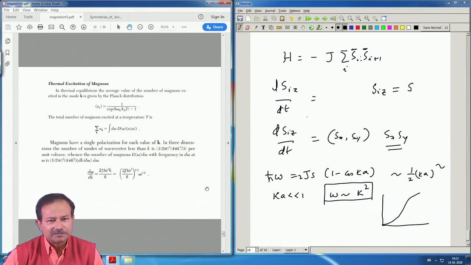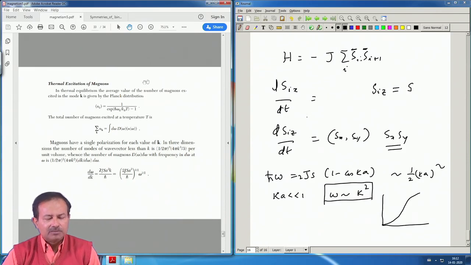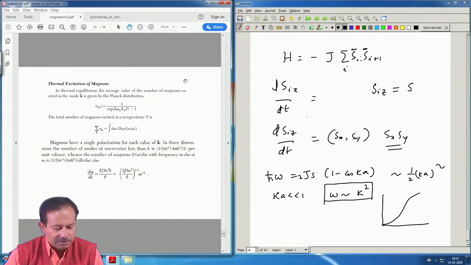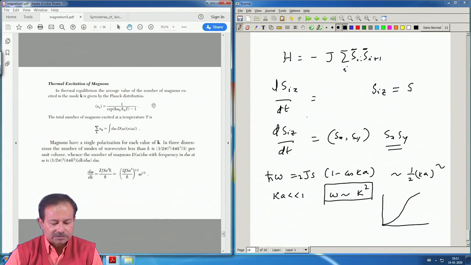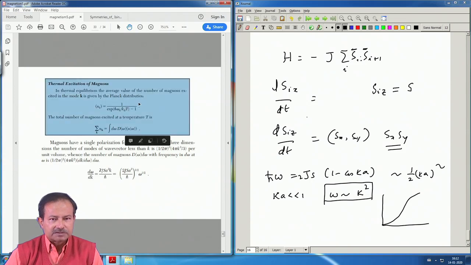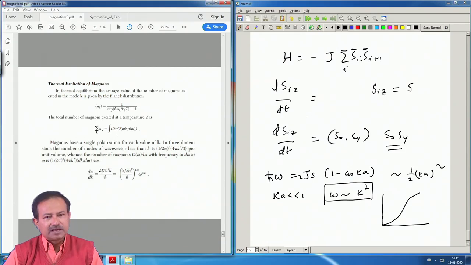Now once I have this spectrum, this energy, then I can calculate, in thermal equilibrium, how many magnons are there at a particular temperature. So these magnons are bosons. If you quantize, you can see that they are bosons, and the number is given by the Bose statistics, and the total number can therefore be calculated by the same principle that we used, the density of states of